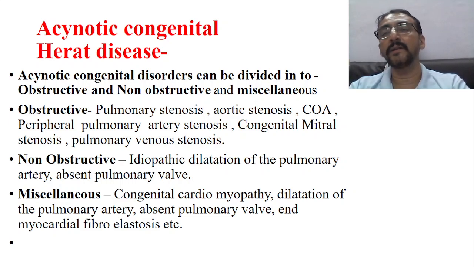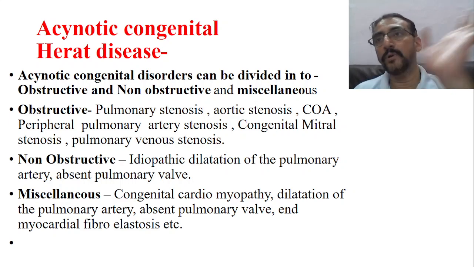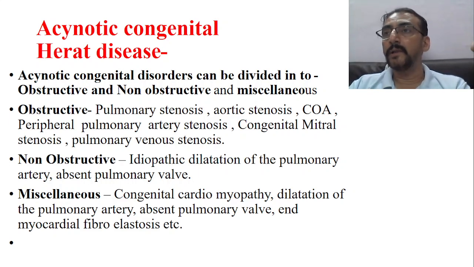Pure blood only, but the concentration is less because of the stenosis. Less amount of blood is coming to the ventricle. Therefore, oxygen concentration comes down. Okay, so this is called the obstructive type. I hope you understand. In the obstructive type, actually there is not much mixing of pure and impure blood. The main thing in obstructive is the left ventricle is receiving less amount of the purified blood,